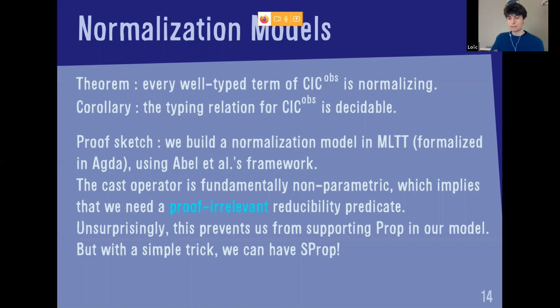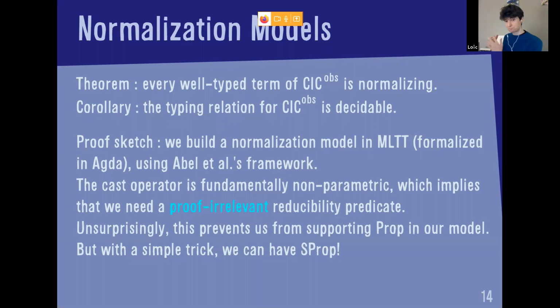And the funny part is that we can build this normalization model inside of Martin-Löf type theory, which is a very weak type theory. It's not even impredicative.